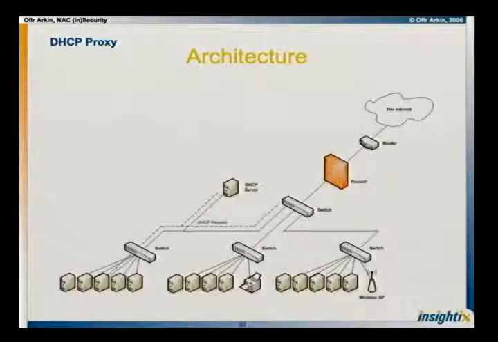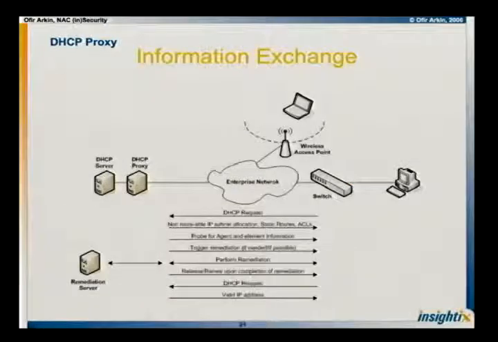So, DHCP proxy. Well, the easiest way to deploy a network access solution is to use some kind of a DHCP proxy relay, or a box that would sit in front of the DHCP server, will get all the DHCP requests from the different elements that use DHCP on the network, and basically through the usage of an agent will try to assess the security of the element that tries to connect to the network. The exchange of information is very simple.